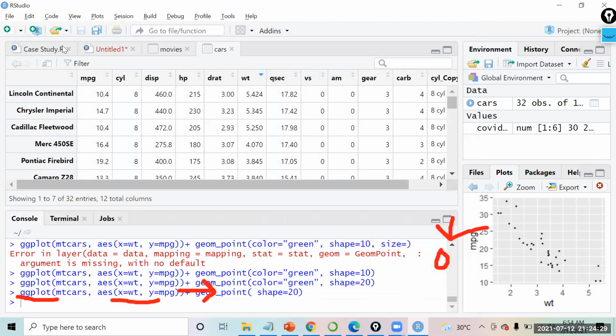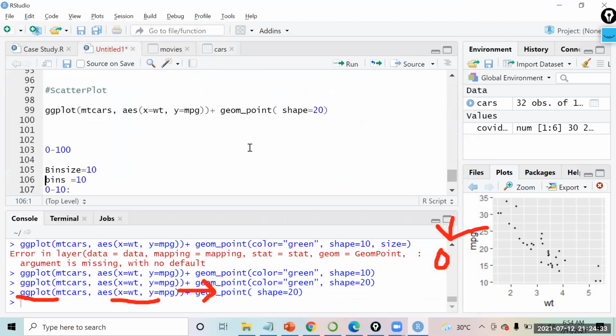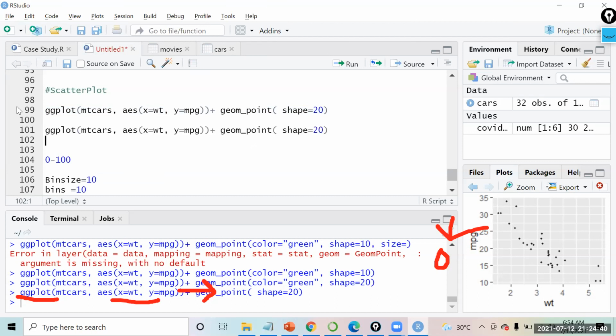If you want to add that component, you can simply come over here and let's make this chart again. I'm going to say geom_point. Now I'm going to use color equal to, and coloring has to be on the basis of a column, so I will say color equal to cylinder, right?